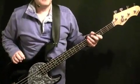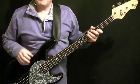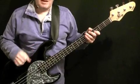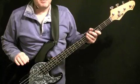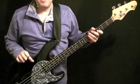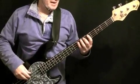Now, that's a simplified version of the song. When you listen to the original, you hear in the piano solo, for example, that Graham Maby stretches out a bit and adds some more variations. By all means, experiment, but if you just use those simple sections that I've taught you, plus the simple variations to break up the main feel,